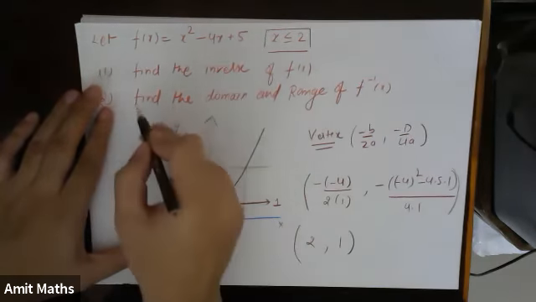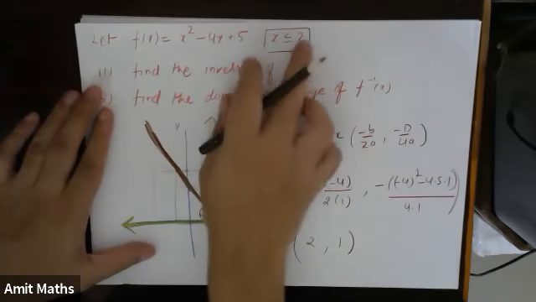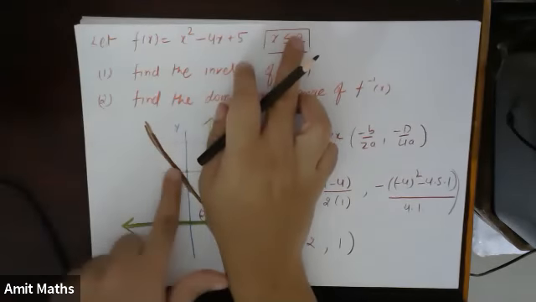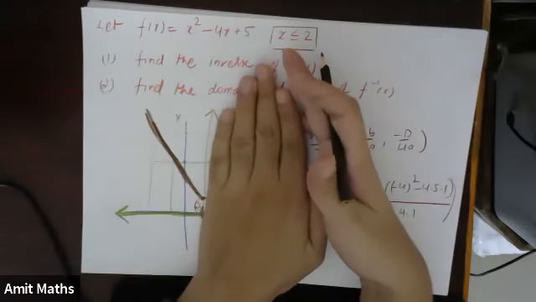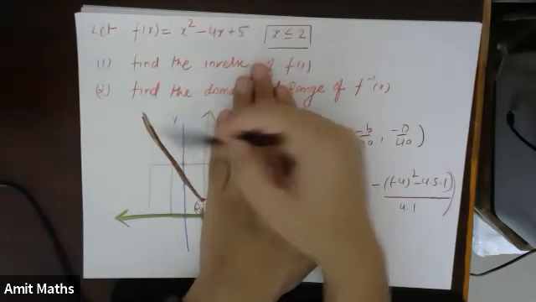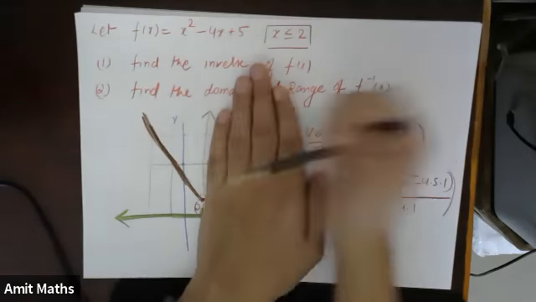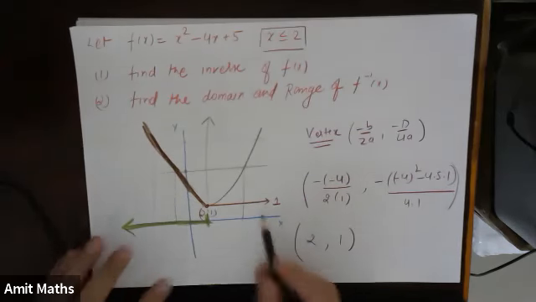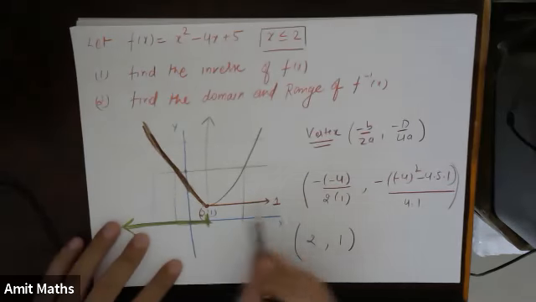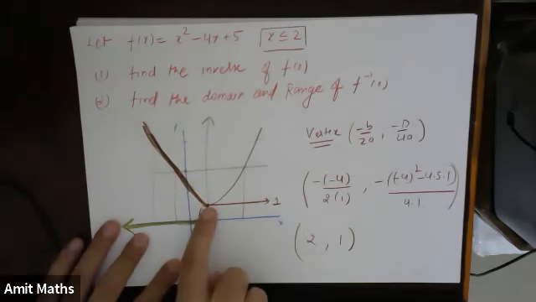So if I am only considering this part of the function and completely ignore the rest, tell me, is this a one-one function? Yes, it is a one-one function because I do not have to worry about the right hand side part. Also, it is onto for all values of the codomain which are greater than 1.